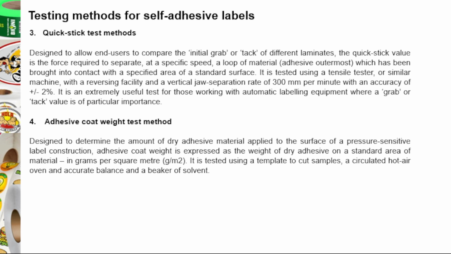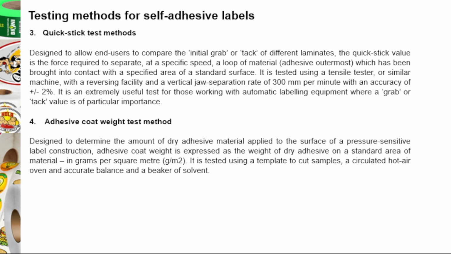It is an extremely useful test for those working with automatic labeling equipment where a grab or tack value is of particular importance. So number 4 is adhesive coat weight test method, designed to determine the amount of dry adhesive material applied to the surface of a pressure sensitive label construction. Adhesive coat weight is expressed as a weight of dry adhesive on a standard area of material in grams per square meter. It is tested using a template to cut samples, a circulated hot air oven, an accurate balance and